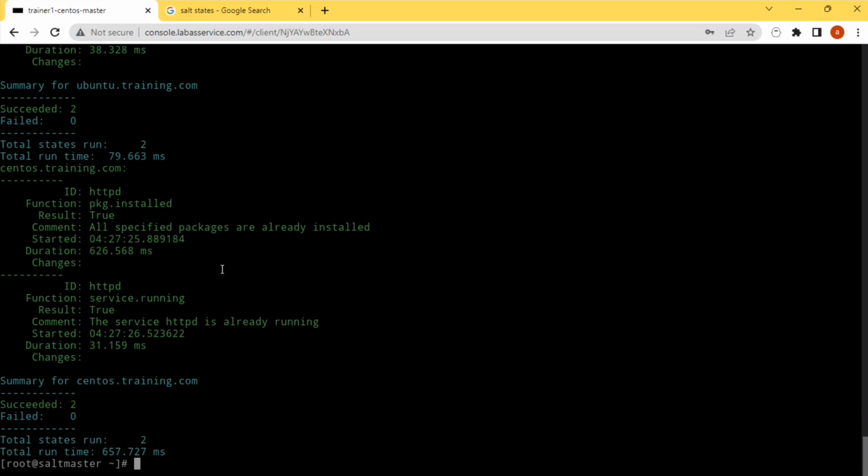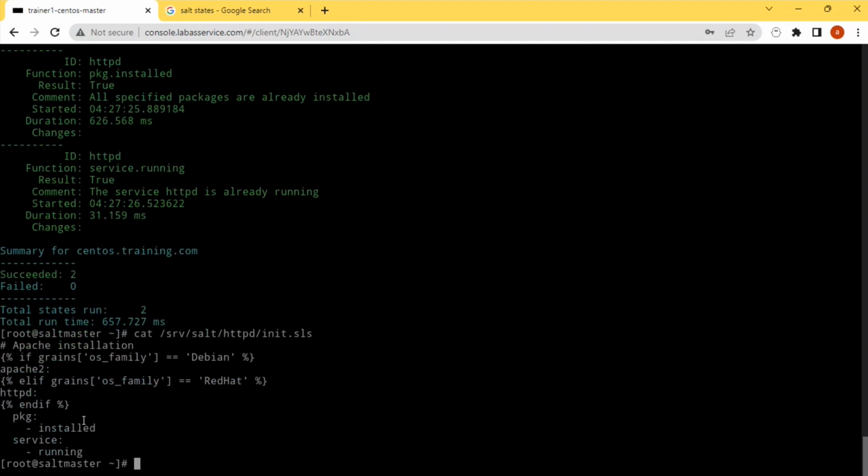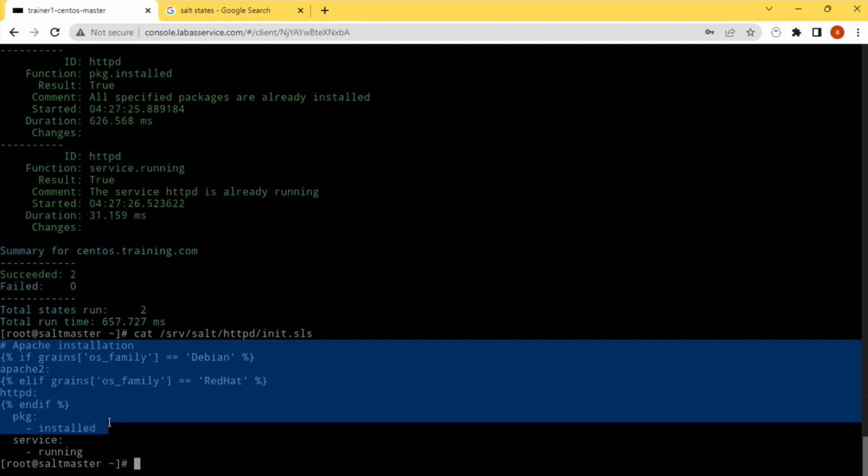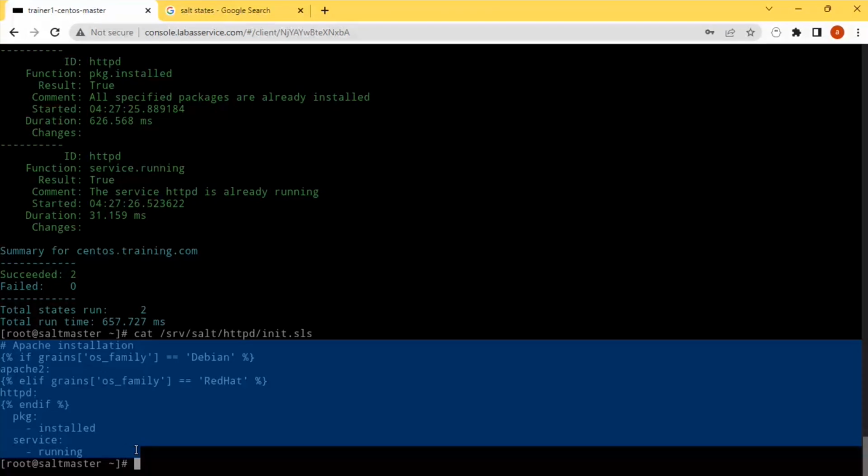Okay, so let me share it with you guys. So this is one of the simplest ways to achieve the condition. Inside the state file itself, you have an if condition based on the grain value. It is going to decide the package name, and for that package name, I'm going to use it